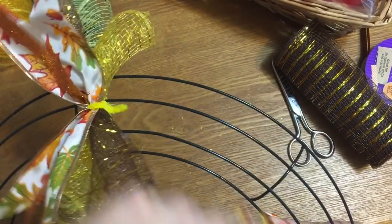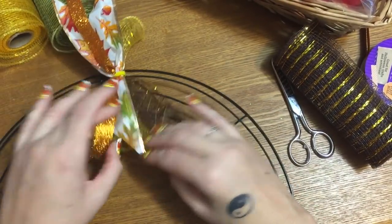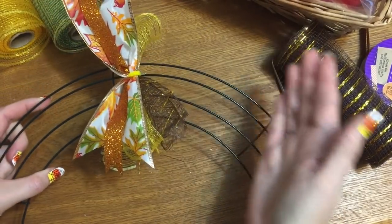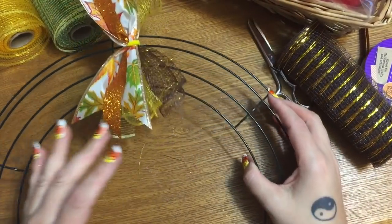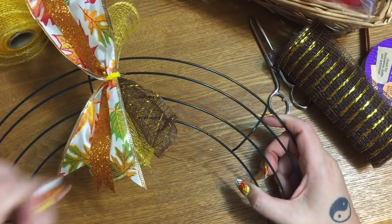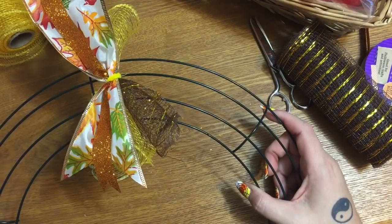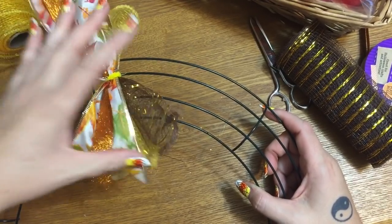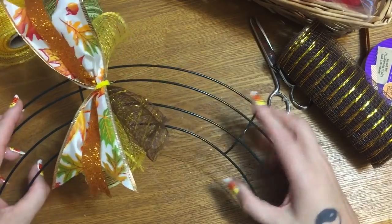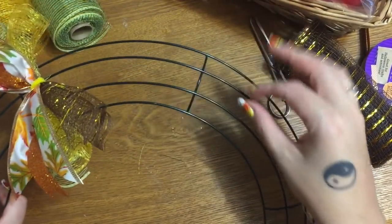Now for mine, you can use as much ribbon as you want. I'm just going to do ribbon on maybe every third cluster. I'll see how that looks. And if I deviate from that, I'll tell y'all when I come back. But now I'm just going to continue making clusters, same way that I did just a few seconds ago, only without the ribbon, okay? Now I'll do a ribbon and then 2 clusters with no ribbon, 1 with, 2 without,